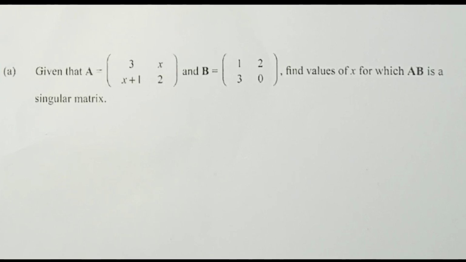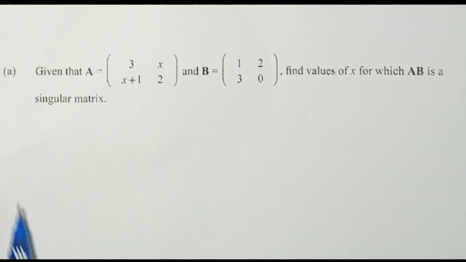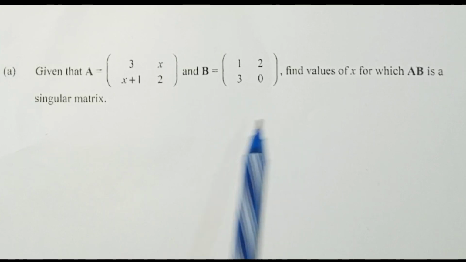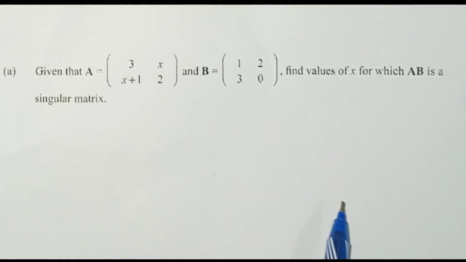We have this question: given that A is equal to 3, x plus 1, x, 2, and B we have 1, 3, 2, 0. Find the values of x for which AB is a singular matrix. A matrix is said to be a singular matrix if it has a determinant of 0. And so